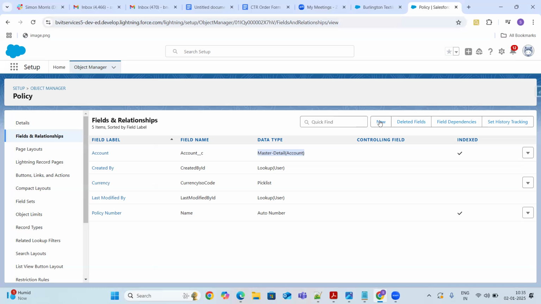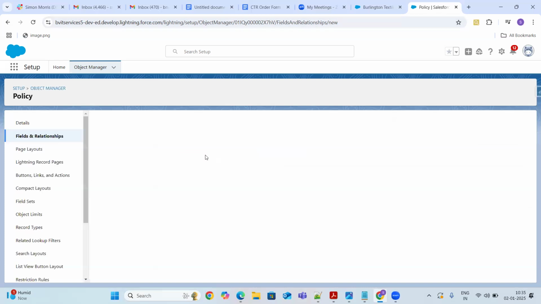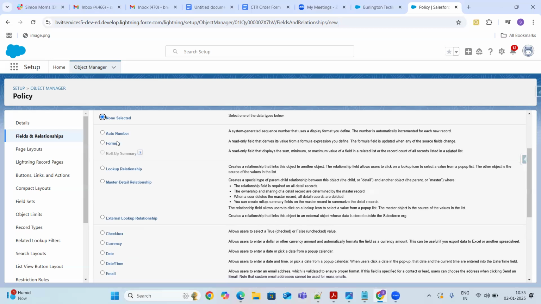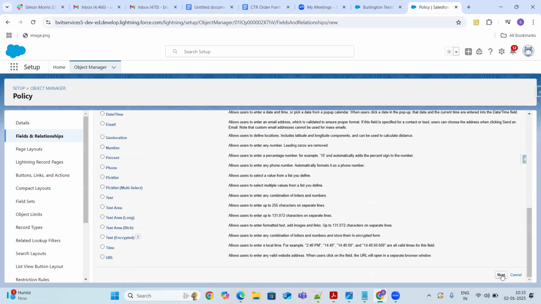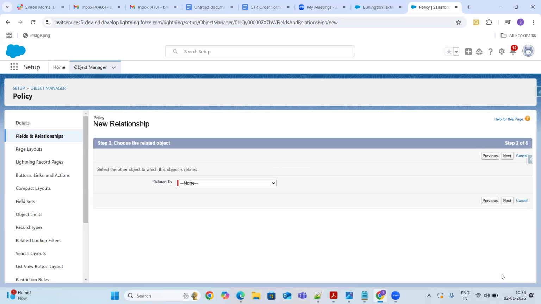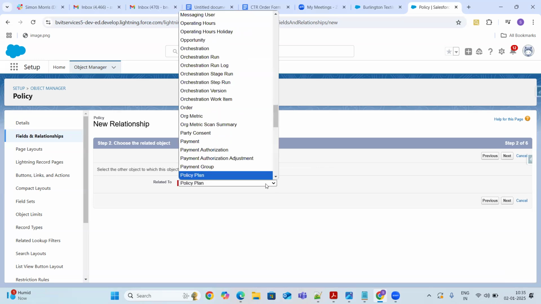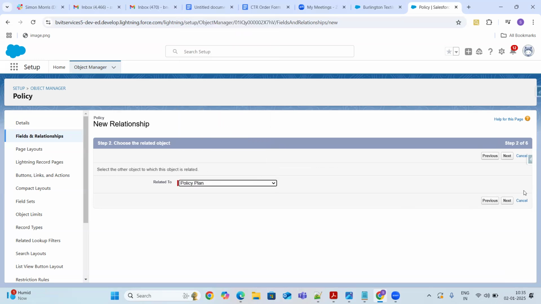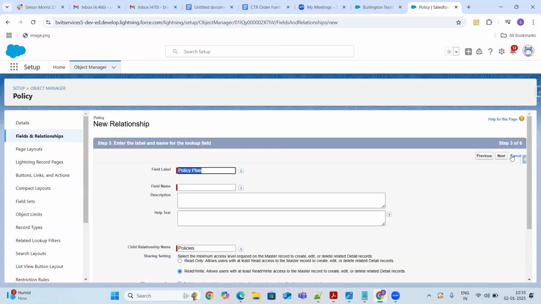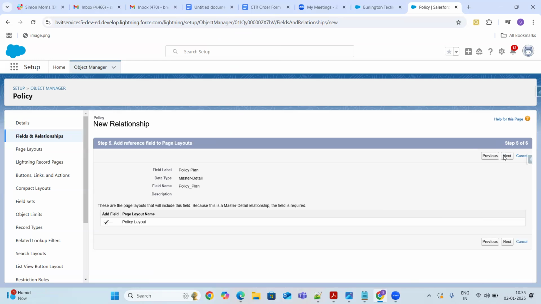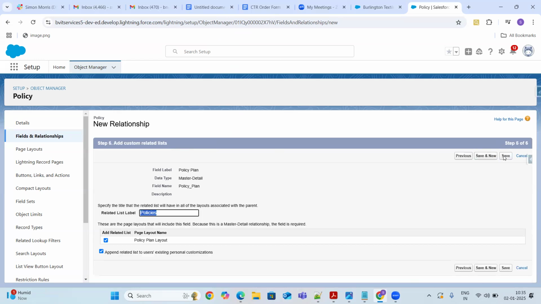Let me create another field. I'm going to create another master detail relationship. Clicking on new, my parent object is policy plan. Next, next.